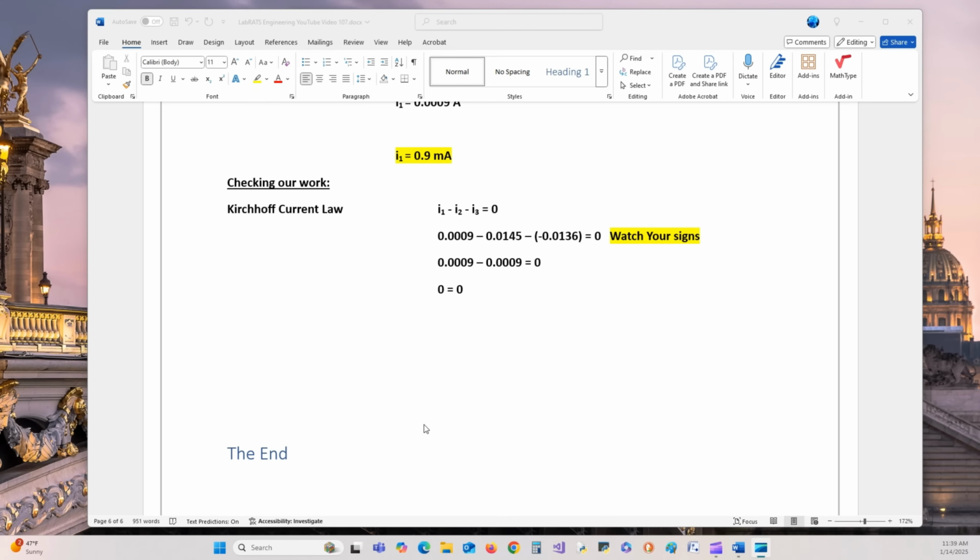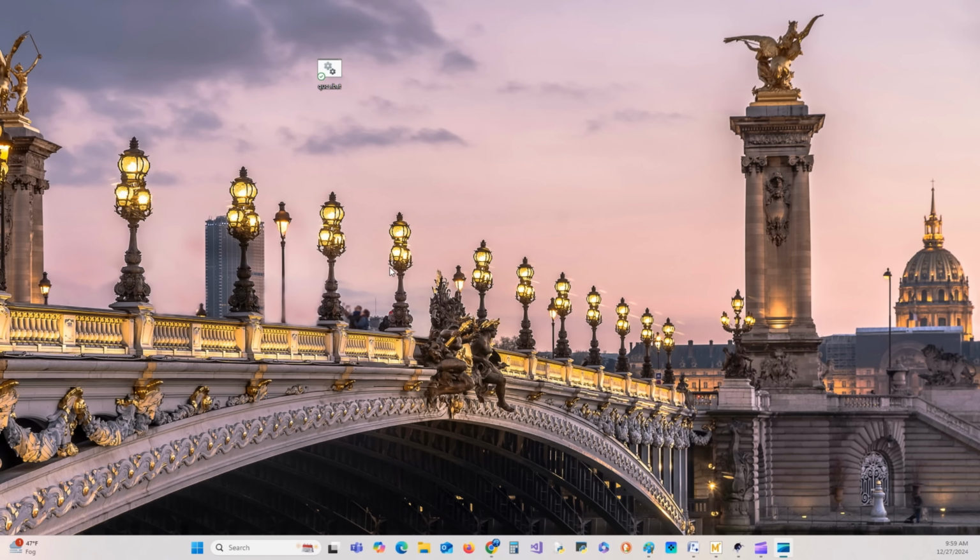Now it's time, since we got our solution, to do the QUCS simulation and see how close we are with that and compare our results. It's going to be fun. All right. We're now going to build the circuit that we've been studying with the QUCS simulator. So go to your icon on your desktop, open up QUCS,